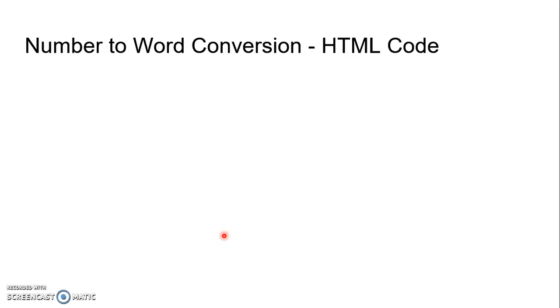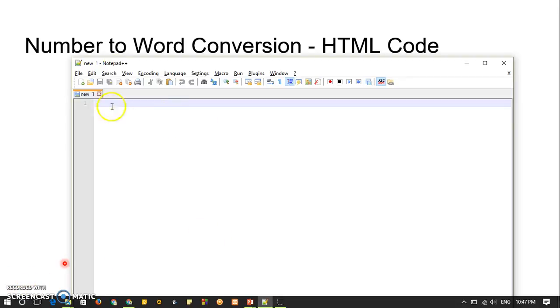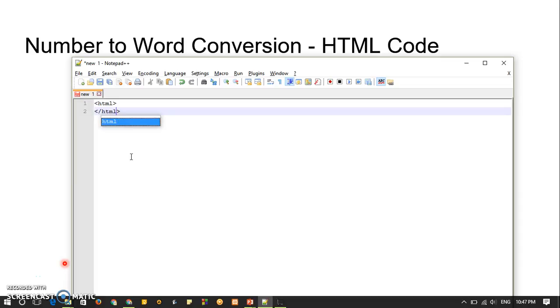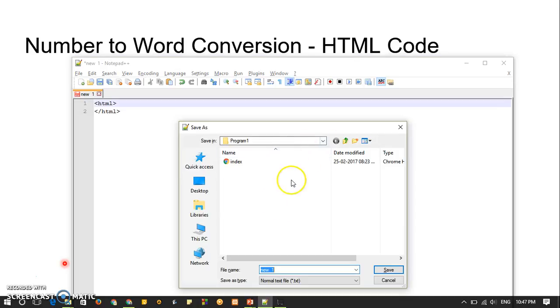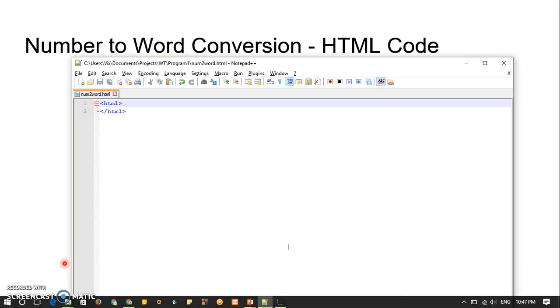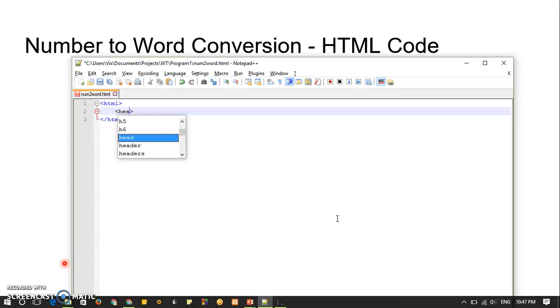So let us go through some HTML code. Let us develop HTML code for this particular program. I'm using Notepad++ for this purpose. Let us write some basic code. It starts with html, and let me save it first. I'm going to save it under the program1 folder. I'm going to call it num2word.html. And now inside I have another tag, head,